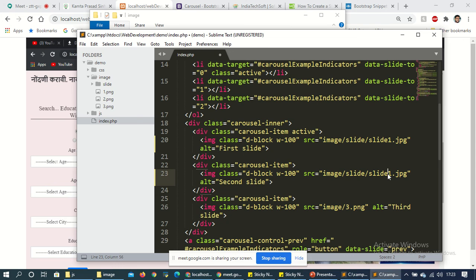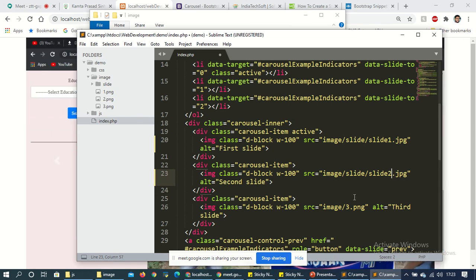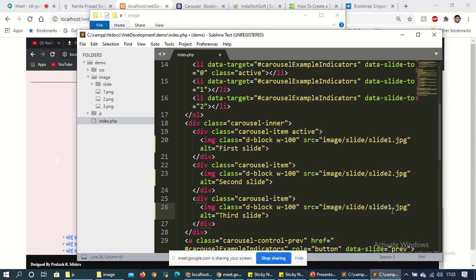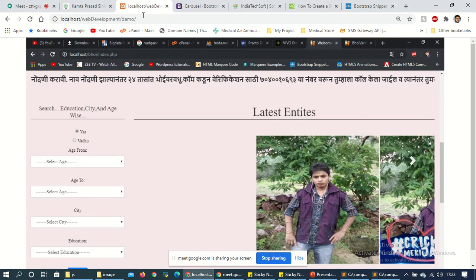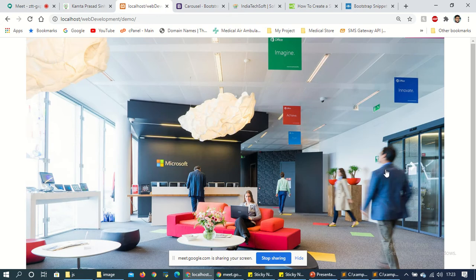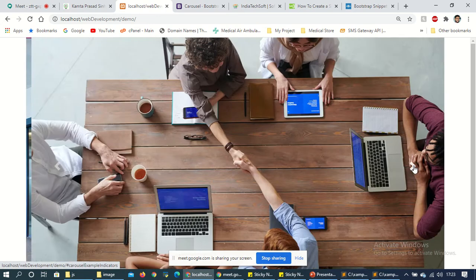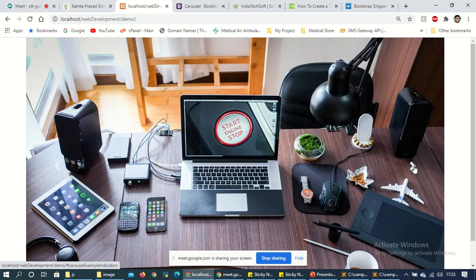The name will be 2 and the name will be 3. So just come. Yeah, this is the first one, this is the second one, and this is the third one.